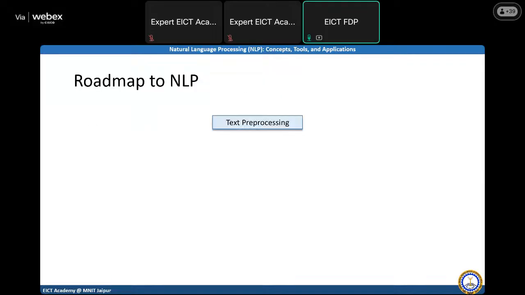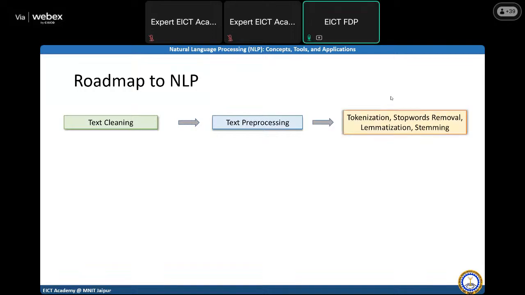So for the roadmap to NLP, the first step is text pre-processing. In this, we are performing text cleaning with the help of tokenization, stopword removal, lemmatization, and stemming, which can be performed in any order. The second thing that we have to cover